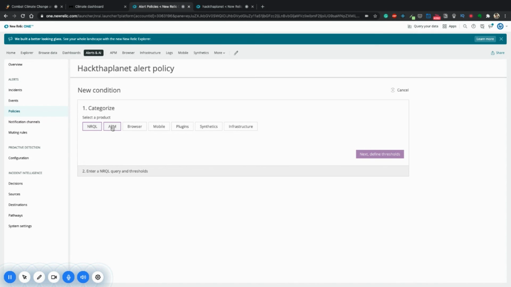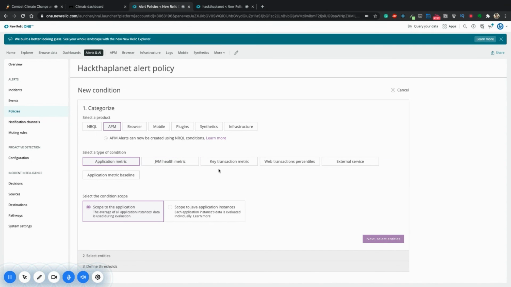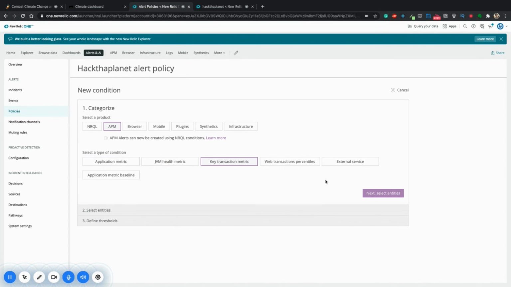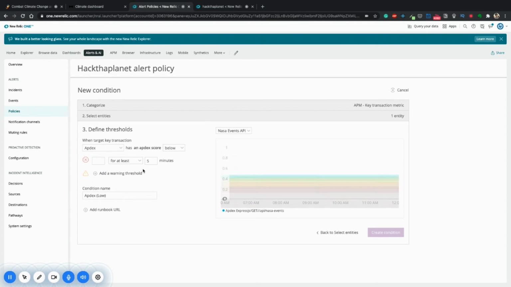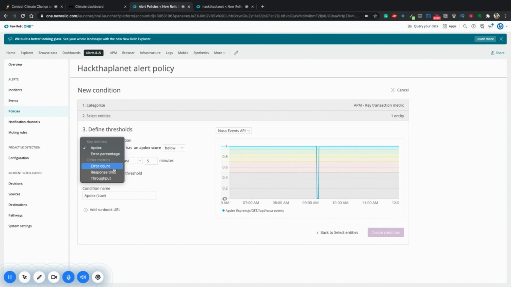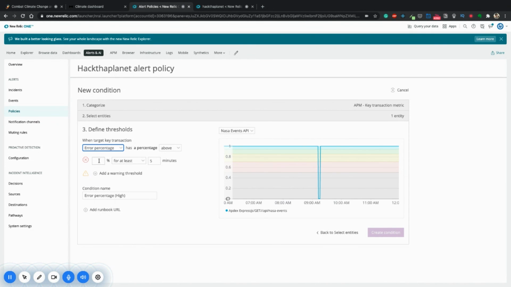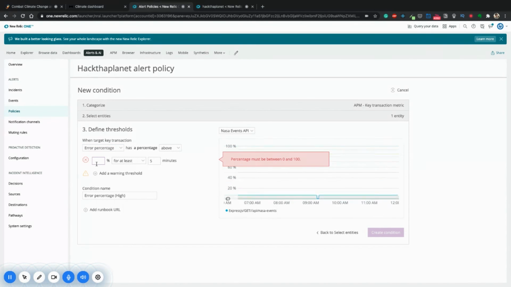Going into add condition, APM with a key transaction metric, because I want to track a particular transaction. Then I go to the NASA Events API, and let's say I want to check the error percentage. If the error percentage is above, let's say, 40% consistently for 5 minutes, then I can name it NASA error high.